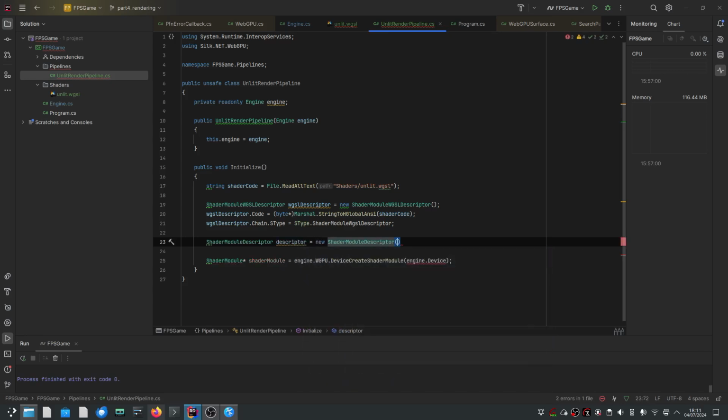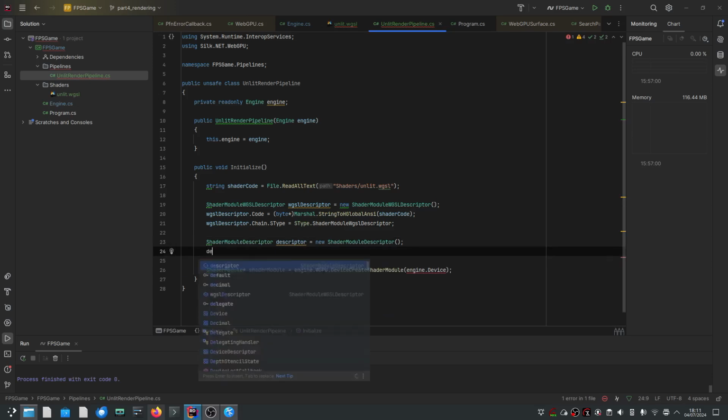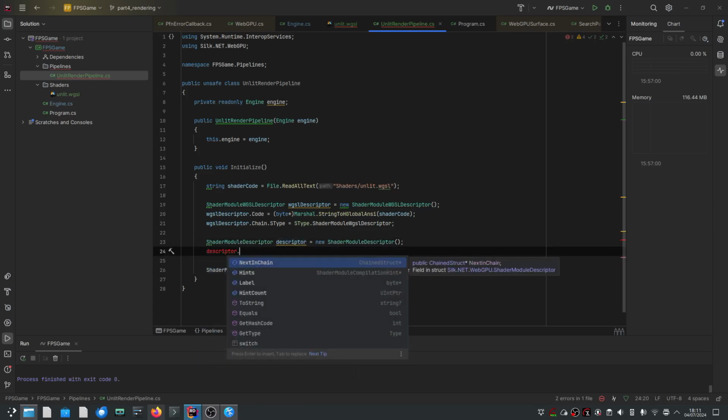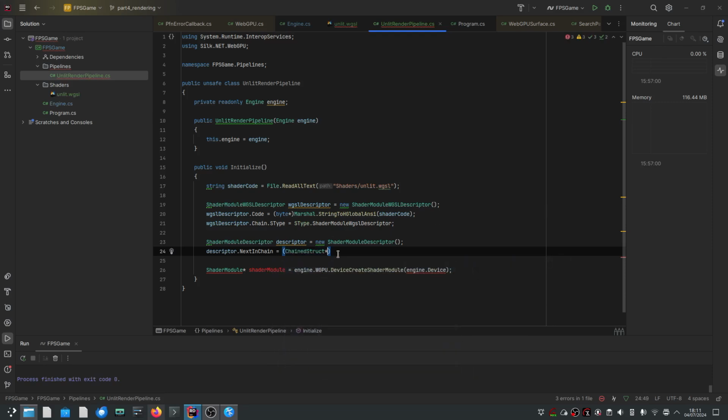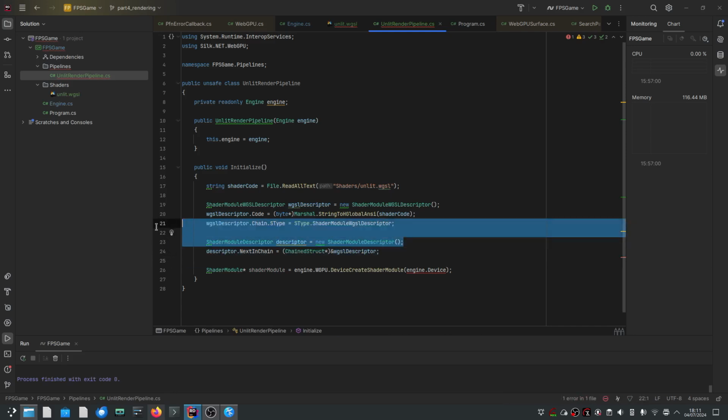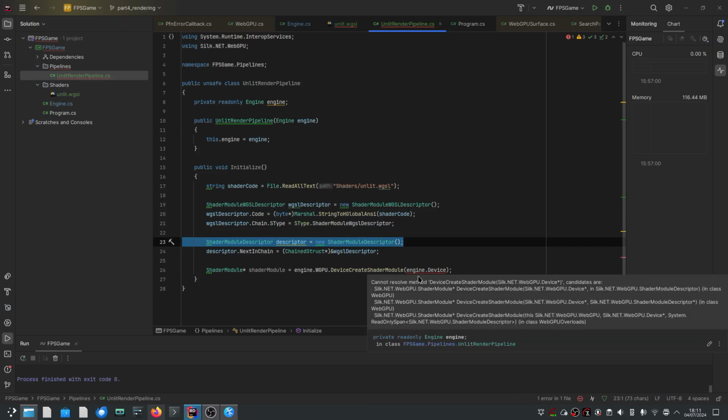new shader module descriptor, and we're going to say descriptor that next in chain. This is one of those quirky things. So it takes a chain struct, and what's our chain struct? Well, it's a pointer to the descriptor that we have created, right? We just have to cast it. So this is basically saying we create a shader module descriptor, and if we want to have a class, let's say a class,